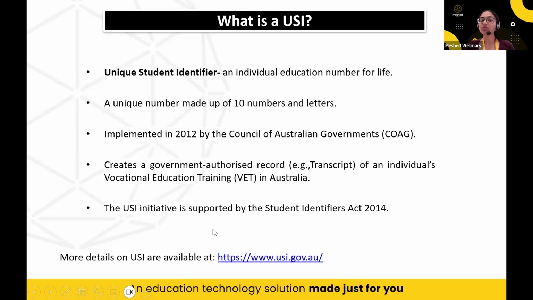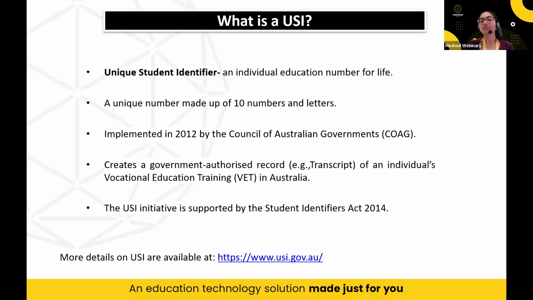As we all know, USI stands for Unique Student Identifier, which is an individual education number for life. Every student who gets a USI retains that USI throughout their education history. It is a number that is made up of 10 numbers and letters and follows a certain algorithm as specified by the USI department. It was initially implemented in 2012 by COAG,